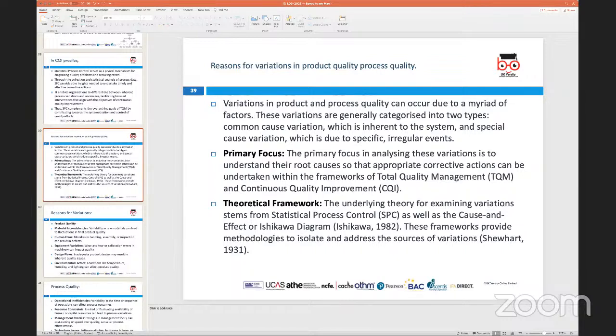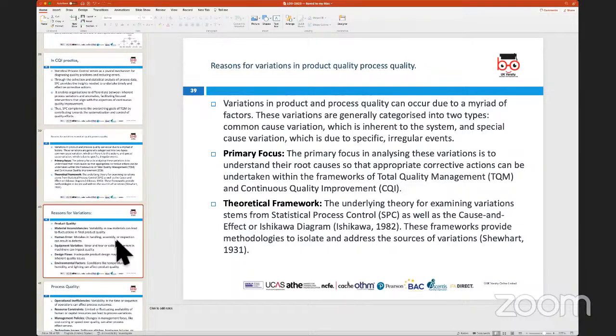When I say companies which have operations globally, multinational companies would have in selling their products and services to consumers. Now, how would these variations in product and process quality be tested? And what kind of variations can essentially happen? So let's look at why these happen and what could be these in product quality and process quality, and then look at some of the tools and techniques which are used under TQM and CQI to detect these variations